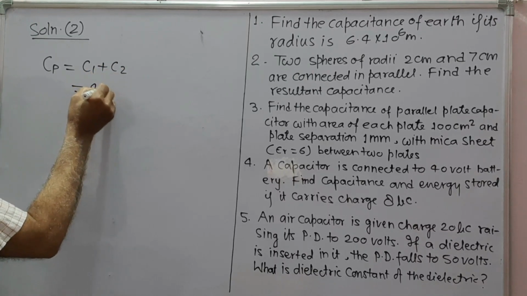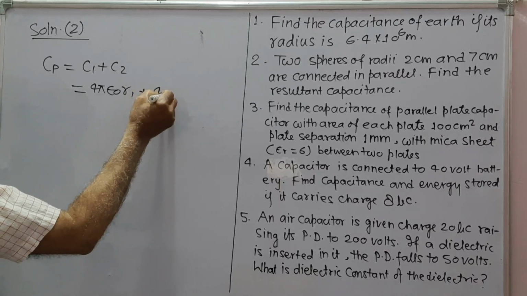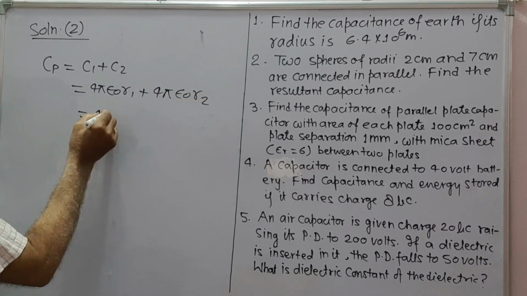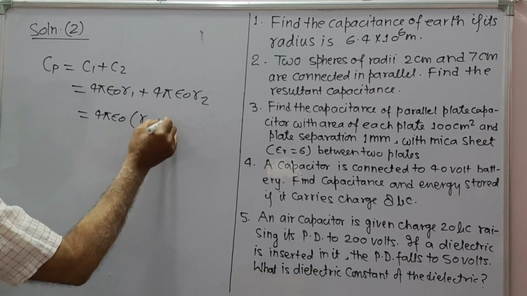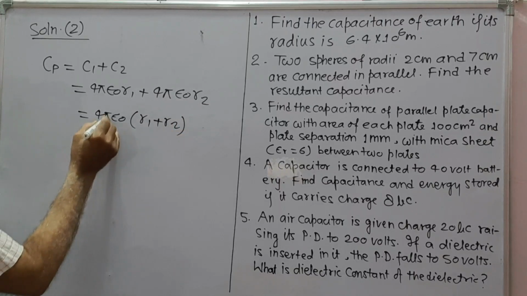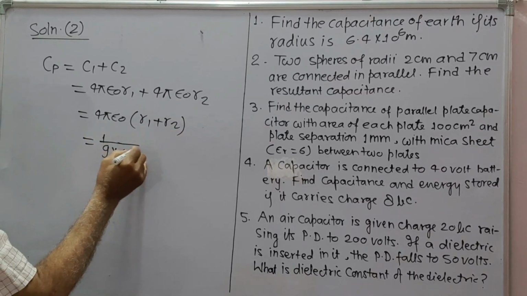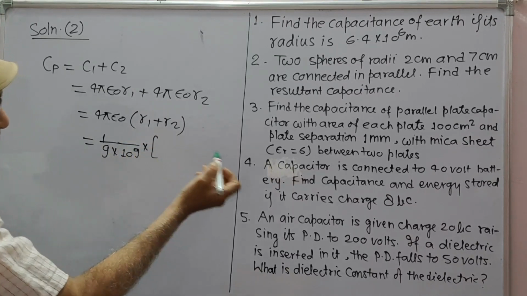C1 is 4 pi epsilon naught R1. C2 is 4 pi epsilon naught R2. 4 pi epsilon naught taken common into R1 plus R2. Its value is 1 upon 9 into 10 to power 9 into R1 plus R2 is